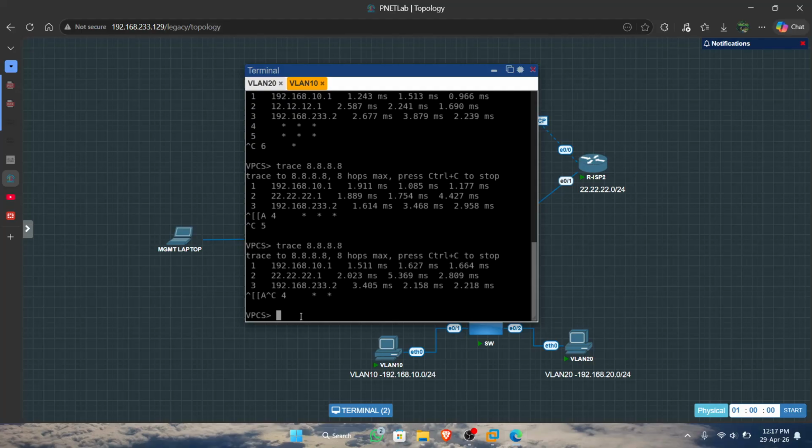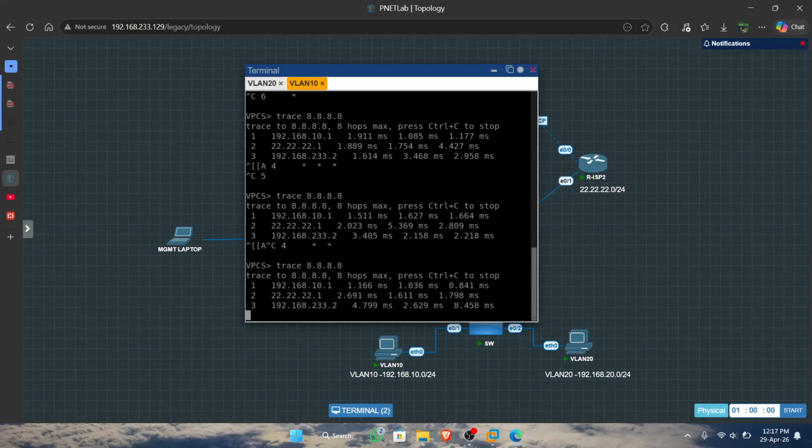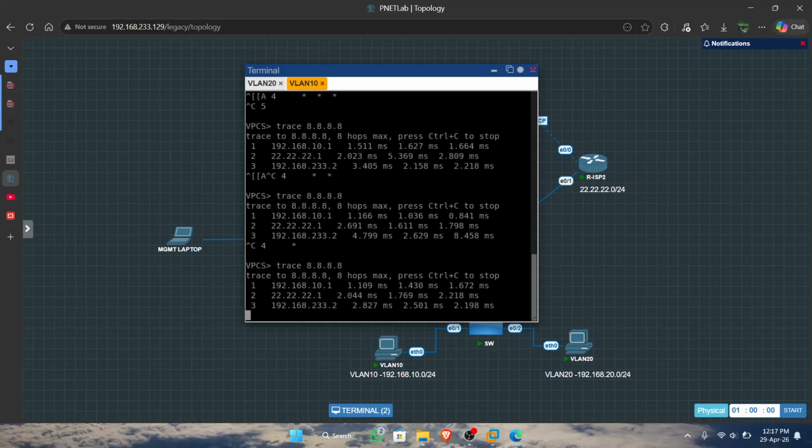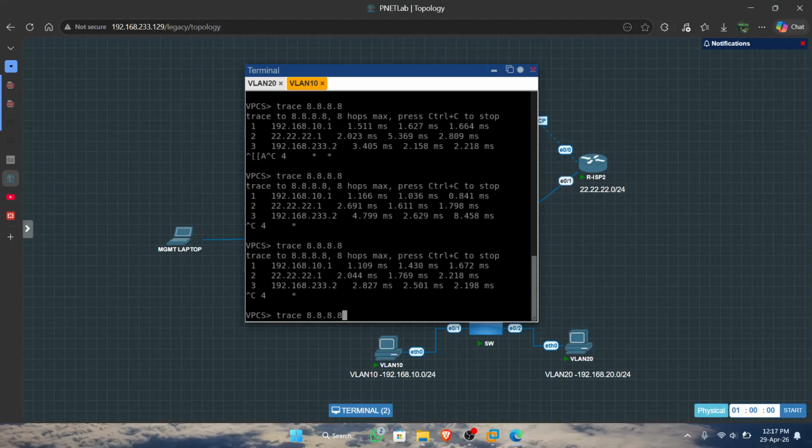You can show this, being traced again. The packets do not change route.